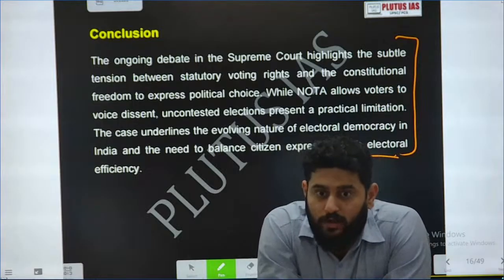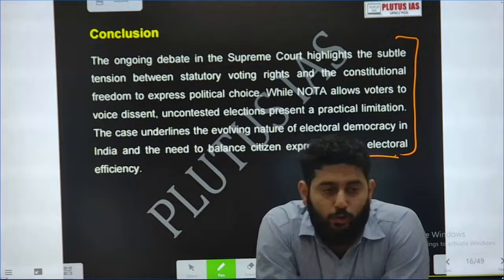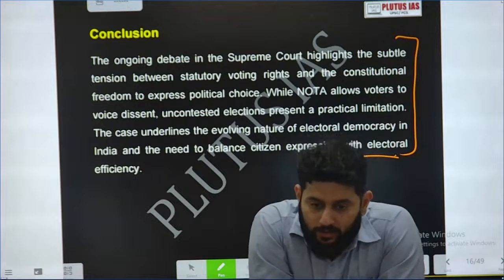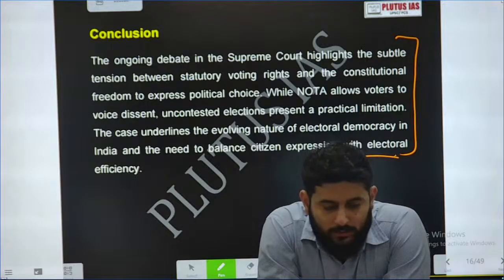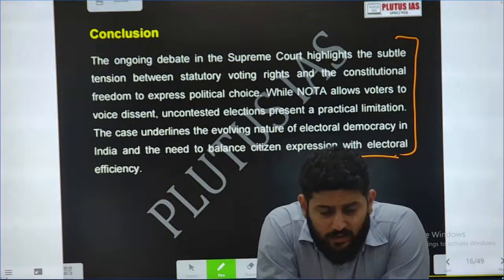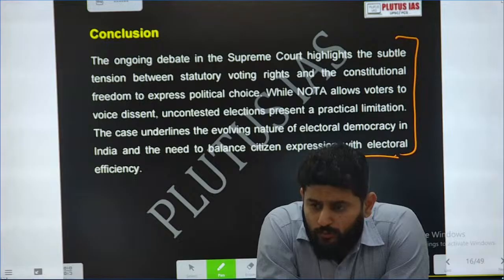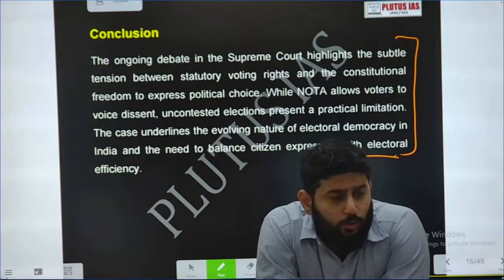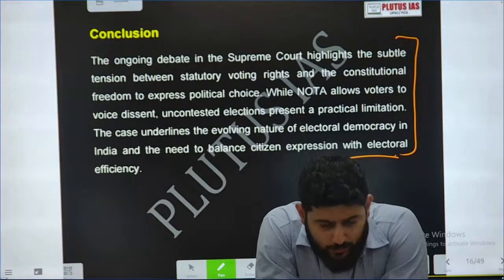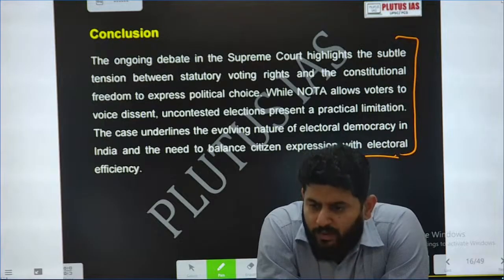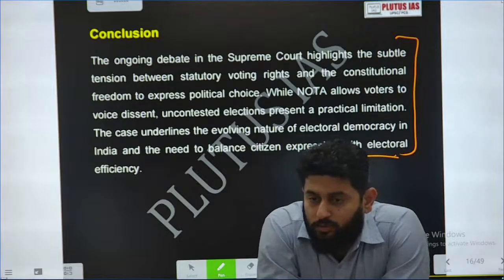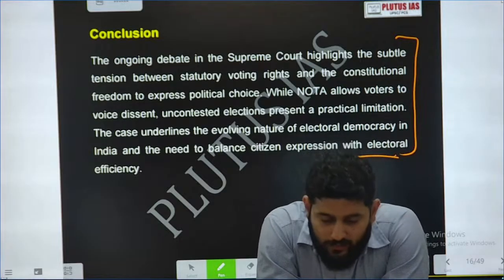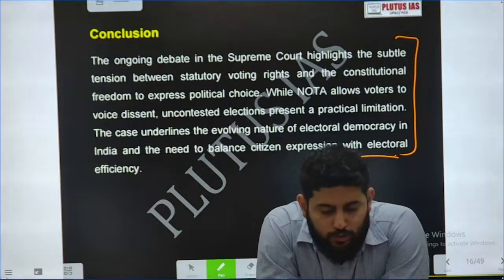So we have to focus on or directly connect these topics with other suggested topics. Like we can see in governance or ethics also, we can connect this topic directly in a question of fairness, legitimacy, citizen participation. So PYQs also link with this, where we see that in 2020 GS2 there is a question on